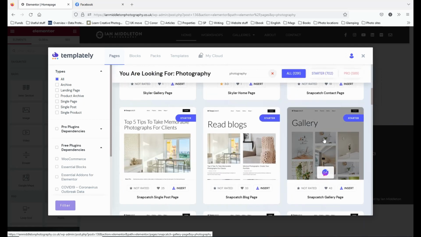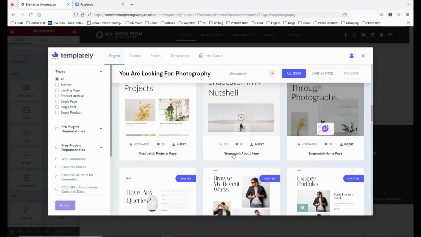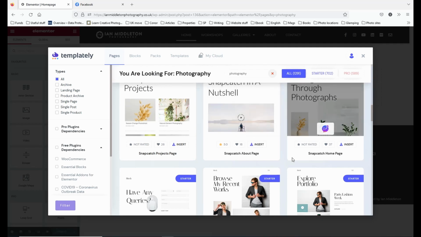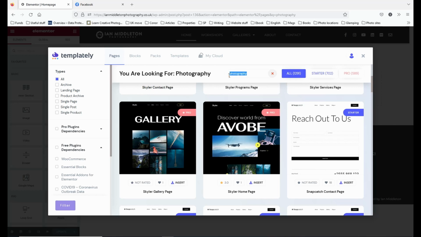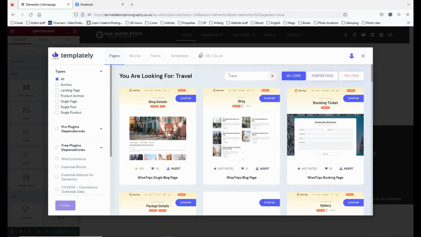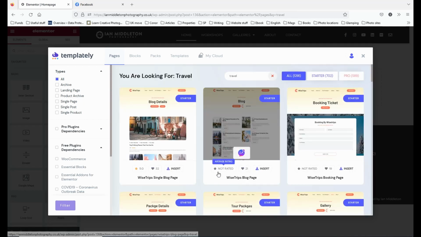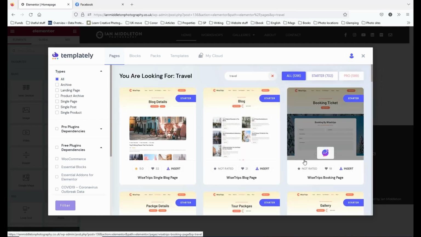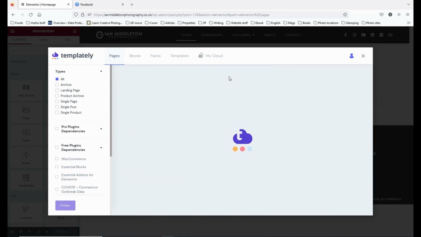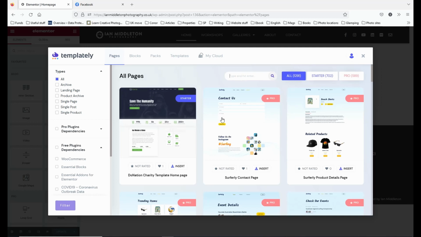So if you found a page here that suits, then you just simply click to insert that in and get yourself started. It doesn't have to necessarily be a photography page. I often will search for travel website templates, and they often work nicely too. If you don't find anything under photography, then search under travel, or just search